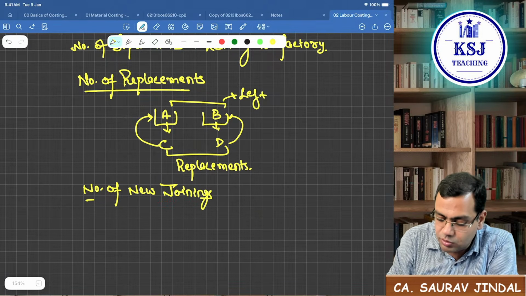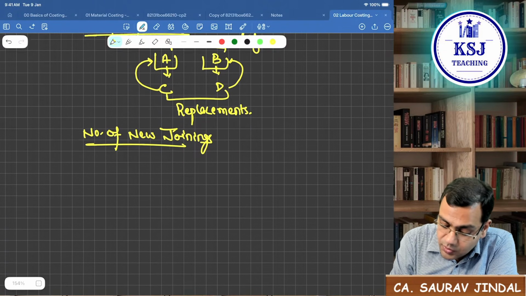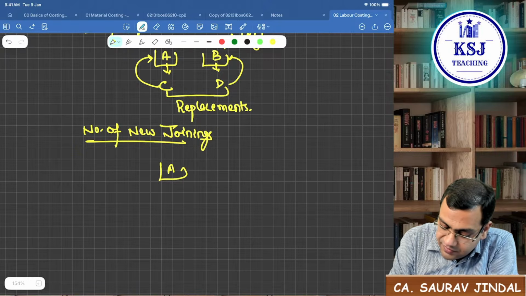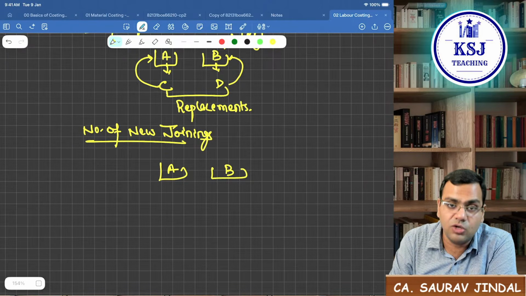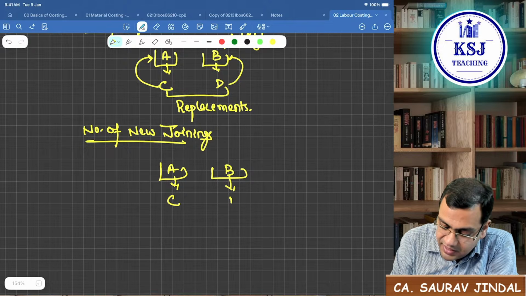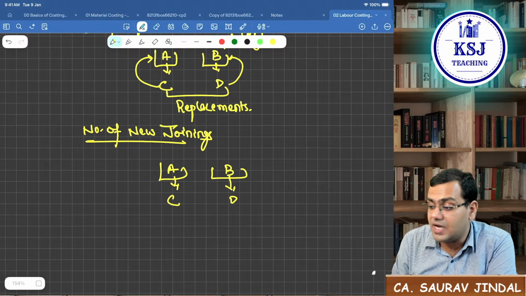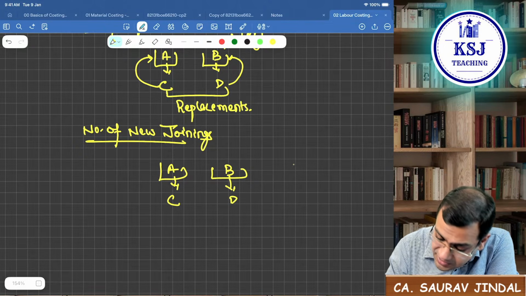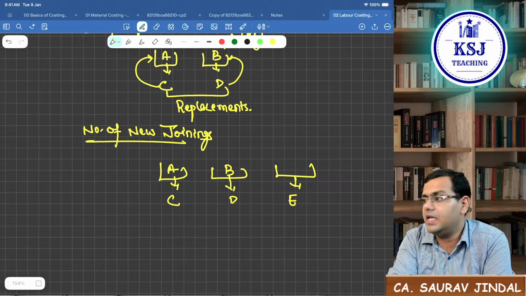Number of new joinings. Now new joinings is what? Worker A left the firm, worker B left the firm. So there are two empty chairs now. In place of A, we have C. In place of B, we have D. But now we feel we need one more employee, right? We place one more chair here where we make E to sit,